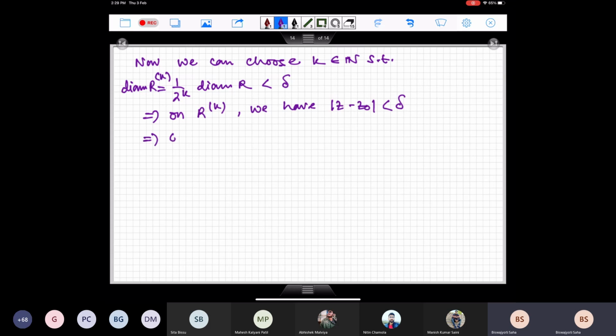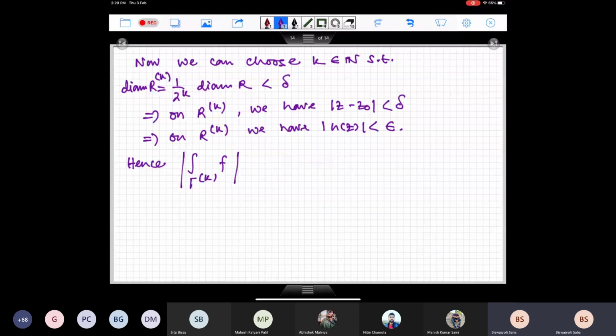This implies on R_k we have mod of h of z less than epsilon. Hence, if I consider the integral on gamma k of our function f of z for the moment, this is equal, in absolute value, to